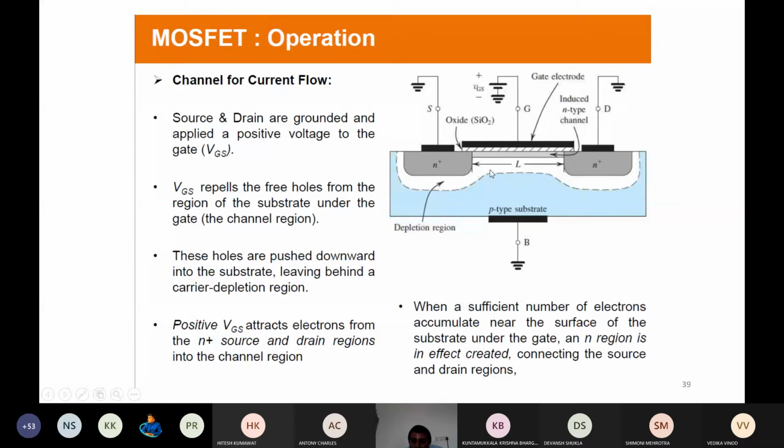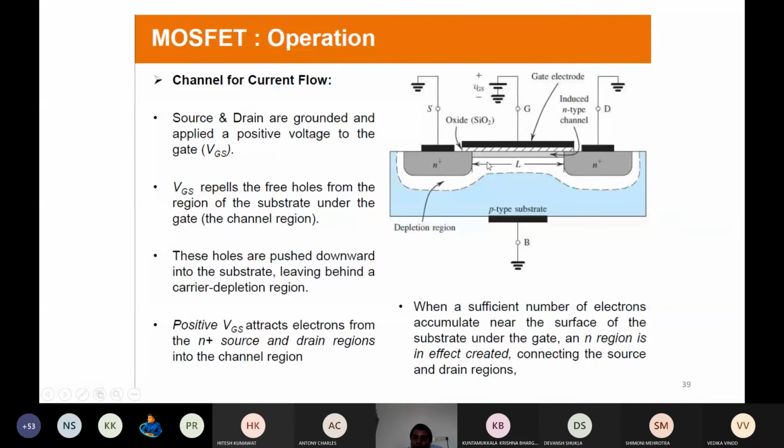And further, this white portion shows there is still some depletion after the channel is complete. We can see the channel has some zone, and after that another depletion region is there. This depletion region is still present because holes are suppressed down and there are not too many electrons. Electrons are limited, so they create some portion as n type. Some portion is inverted, but other portions are not inverted and are free of free charges. So this is the depletion region.